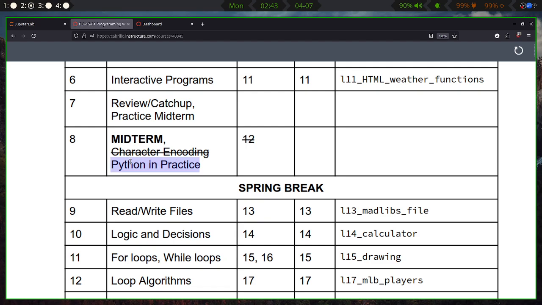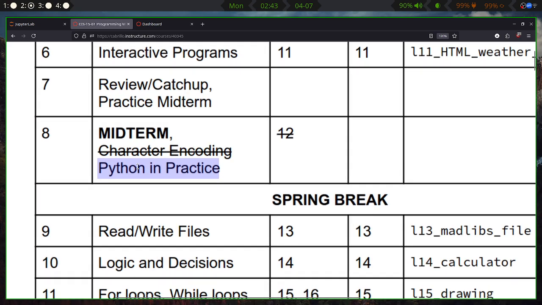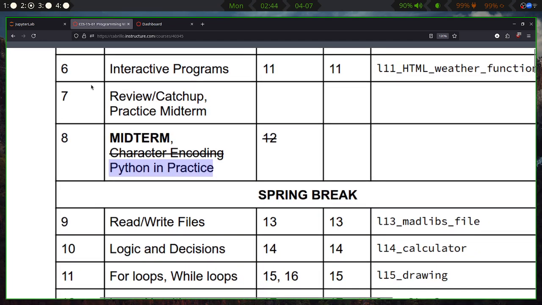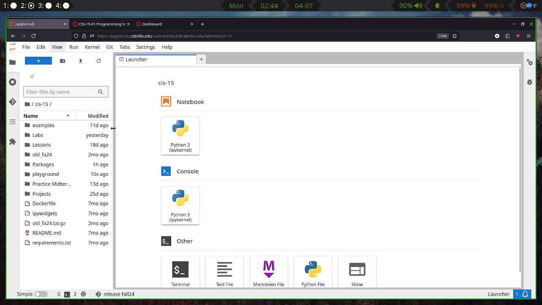There was an optional lecture a couple weeks ago. It was called Python in Practice. For folks who are moving on to the next class, the intermediate Python, I recommend taking a look at this optional lecture. It's going to help folks out with industry practice and working on future homework assignments in the next class. Pretty much in this class we are exclusively in the Jupyter lab, but in practice